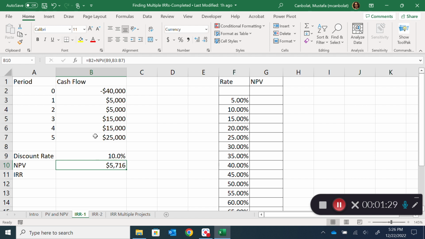Because it is a positive value, this project is worth continuing and selecting. And if there is another project that has a higher NPV, maybe you could prefer that project over this one. But it's okay to also tackle this project if you have this initial investment amount of